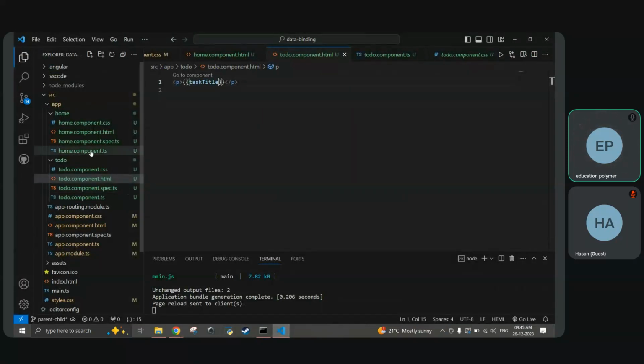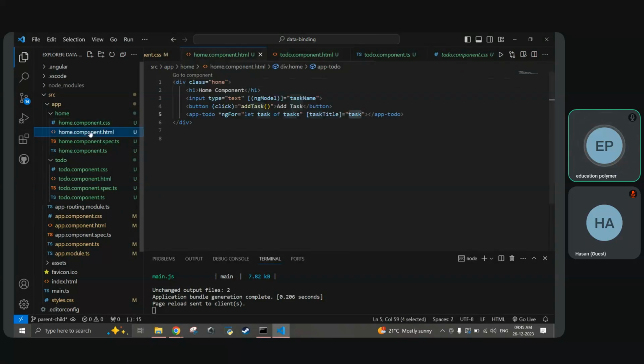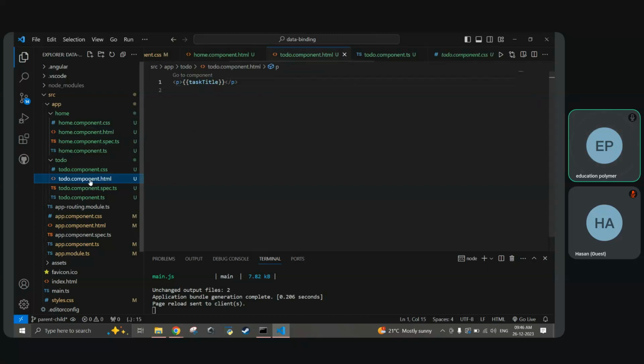Let us see again what we have done till now, because this may be a little bit confusing, but we have to understand the code we are writing. So in the home component, what did I do? I have loaded the app-todo component. First I created this app-todo component outside, and then I loaded it here, and then I wrote ngFor. Why did I write ngFor? Because I want this to be repeated again and again. And in the app-todo, I can apply some style to this. Okay, where is the todo component? This is the todo component,